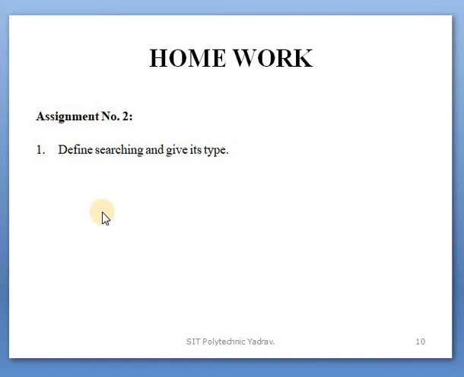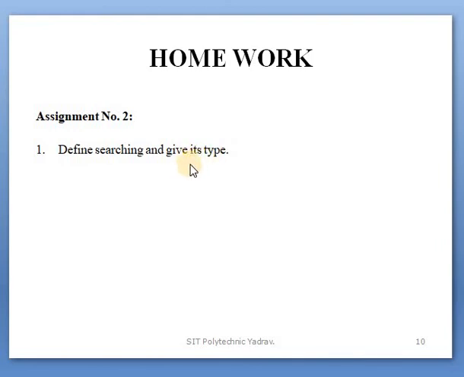Next we start the second unit, a new chapter, so we give the assignment. The assignment for today's lecture is: define searching and give its types. Only the definition of searching and a list of its types.